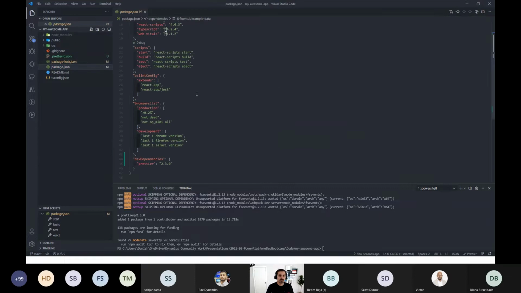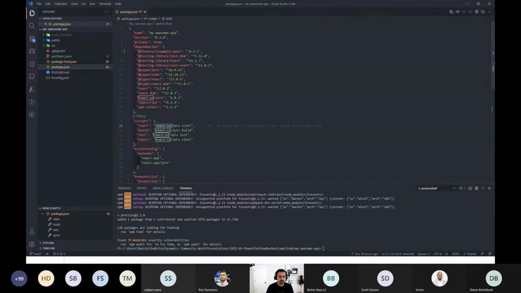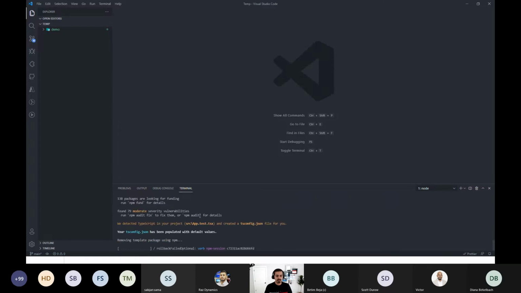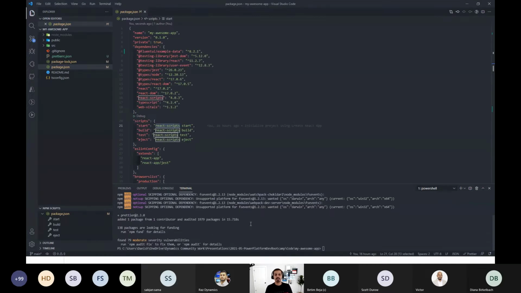If you go to package.json, you'll see that the scripts here have react-scripts start, build, and test. What it does is, when you're building it, it creates these JavaScript files and whatnot. This actually just completed installing. To help make sure that we are bundling the files, where we get one HTML file, one JavaScript file, and one CSS file that can be deployed to the database environment, we have to do some changes. And to help with those, what I like to do is install